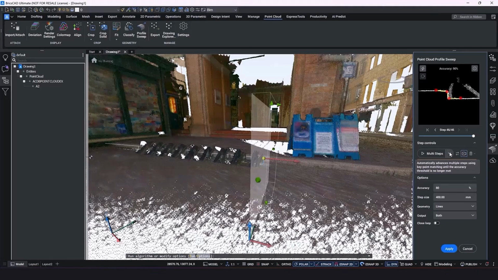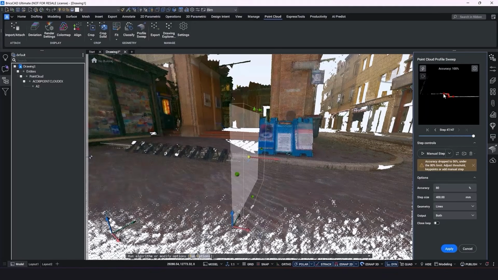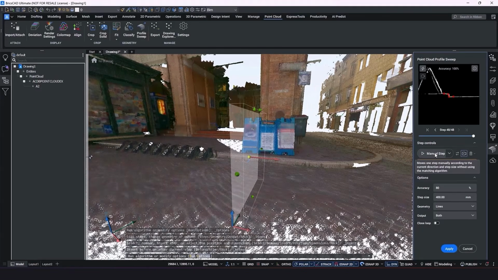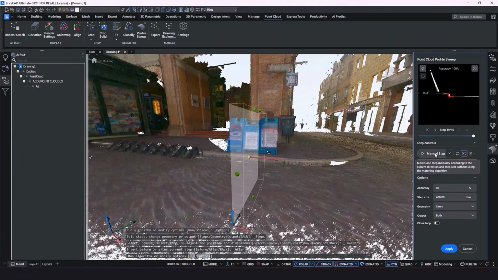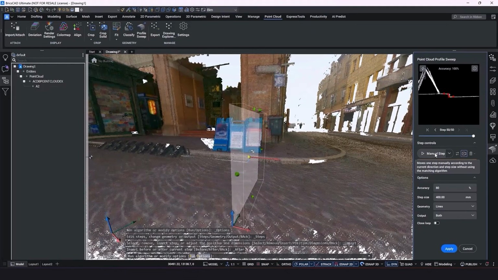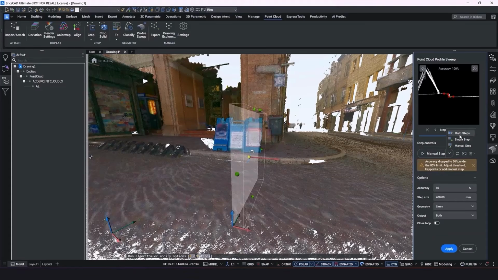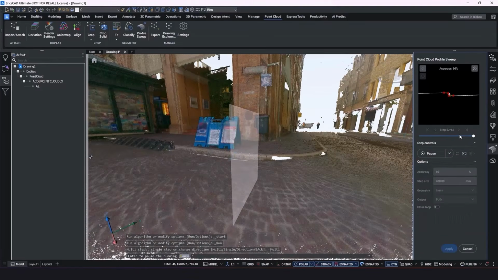So we will put in a manual step, which will get us past the bike stands. And we can continue going on. We're past them. Over here, you can see these boards. We're ready to go back to multi-steps and finish the rest of it off.